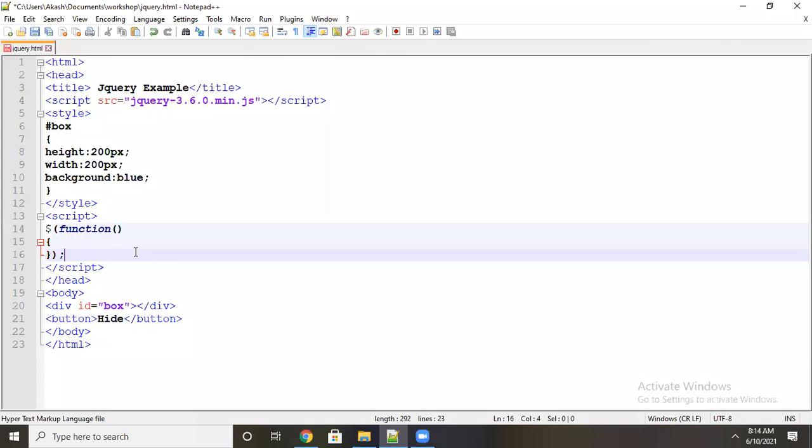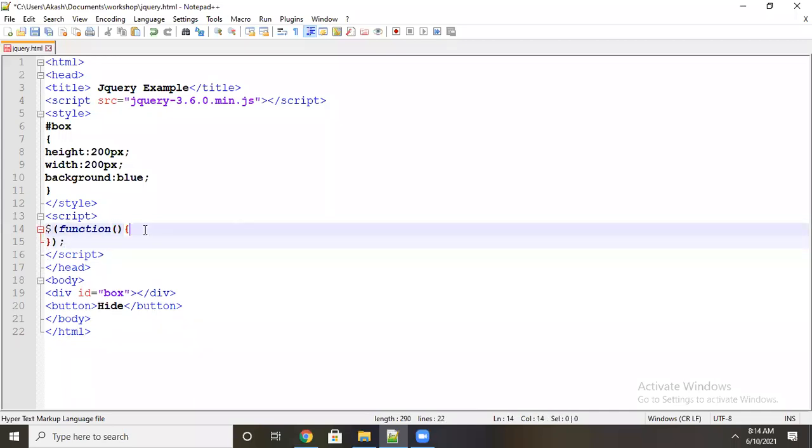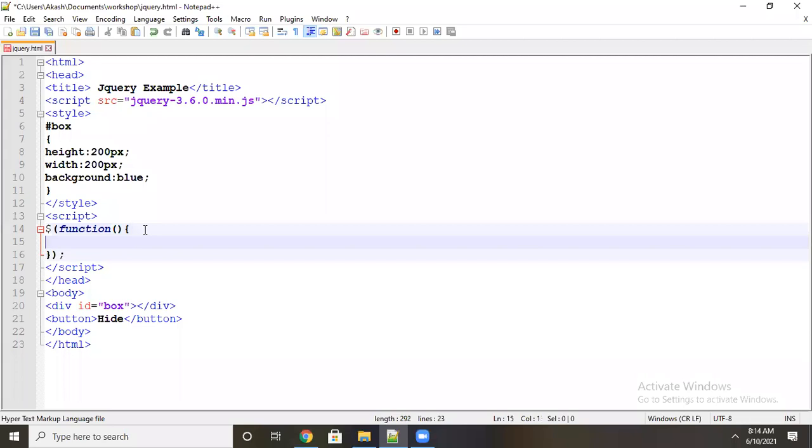Now we can say this is the root function, the container function. What will we call it? Now it is a root function or a container function. I use a normal function only, like in JavaScript, but for the selection purpose, we have to use the $ sign here in jQuery. It might be any function selection, CSS selections, or any combination of selections. We must use the $ sign.